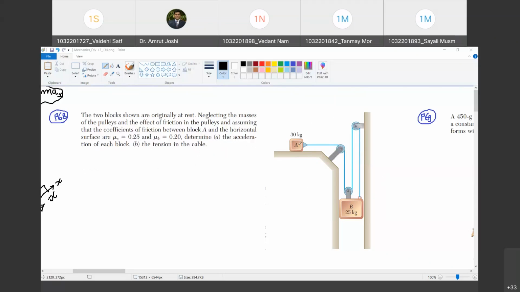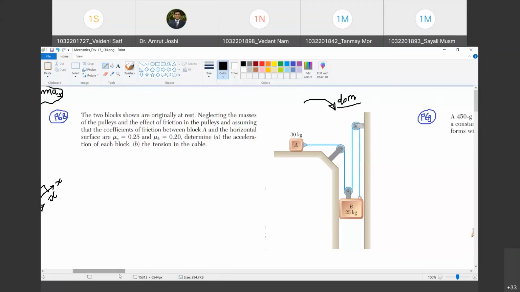Now you can see that even though block A is heavier than block B, the possibility of motion is only from A to B. Do you agree with me? Yes, sir. There is nothing to pull block A back. So if the motion occurs, the possibility is only from A to B. So this is the direction of motion. I am going to call it the direction of motion. Now, tell me how many strings are attached to these two blocks? Only one. Yes, sir.